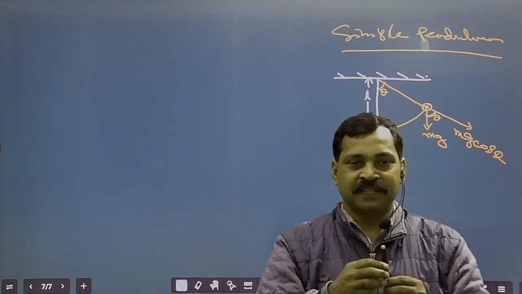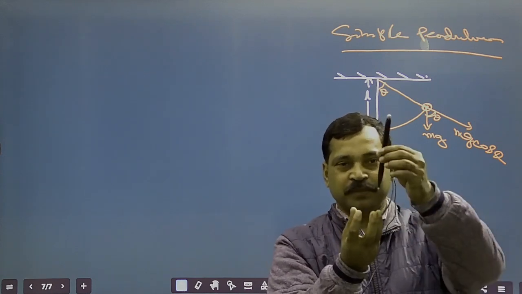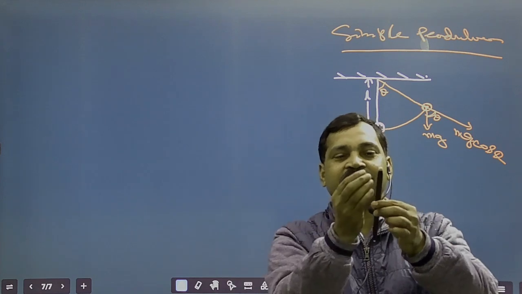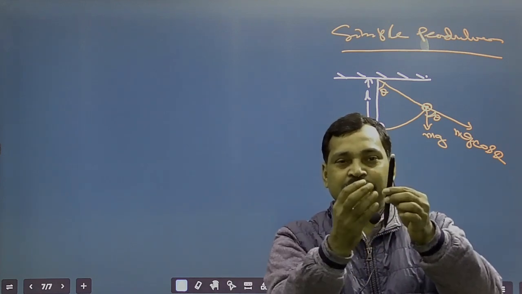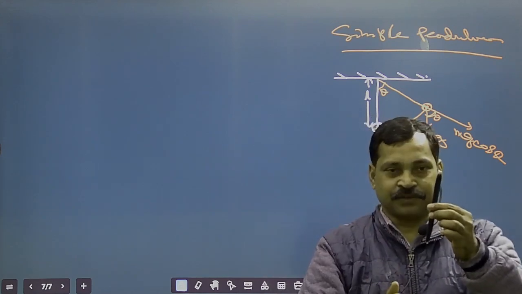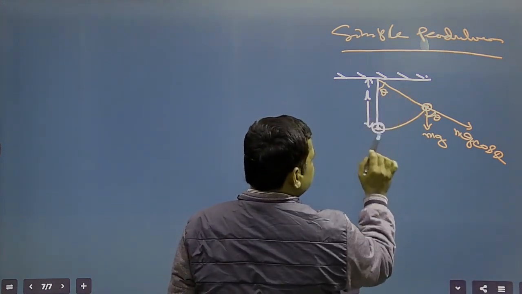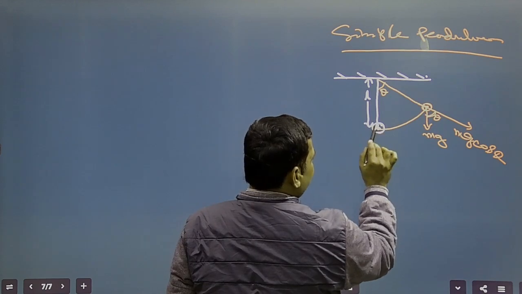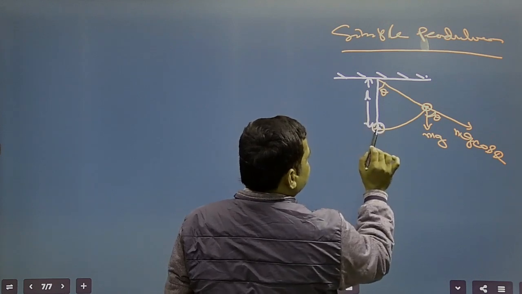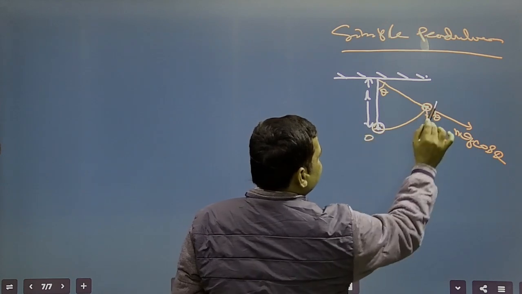Simple pendulum means a bob of very small mass that is suspended by a string from a rigid support, and the string is flexible, weightless and inelastic in nature. So you see, suppose this is a rigid support and this is a simple bob. This bob is supported by a string of length L, and suppose this bob is taken to this place